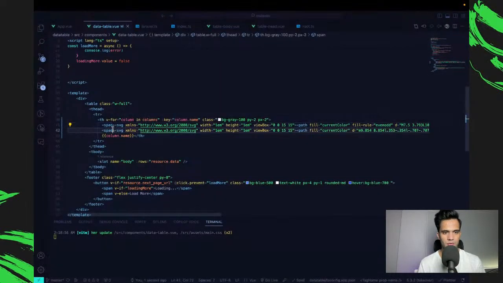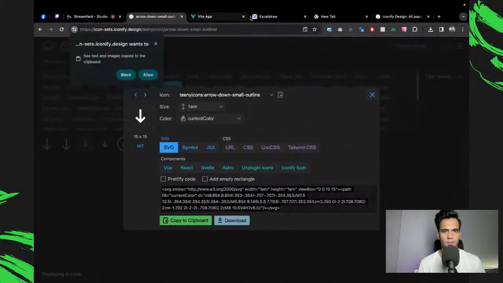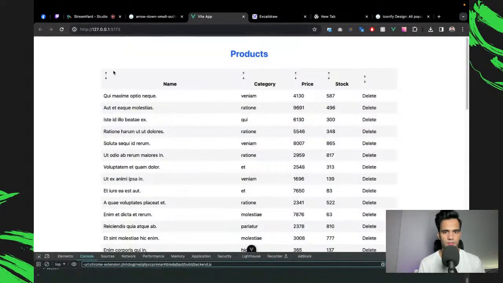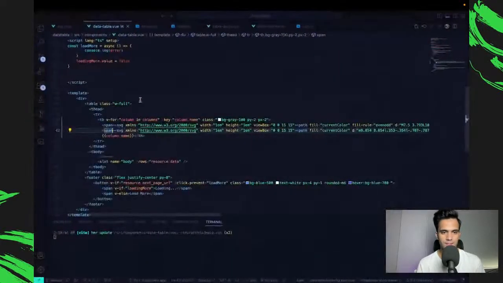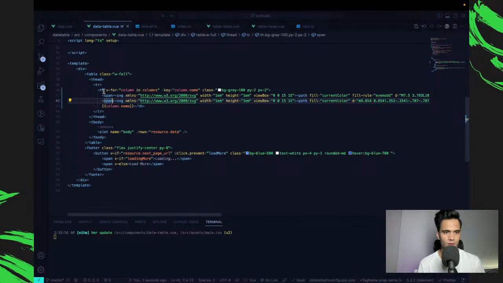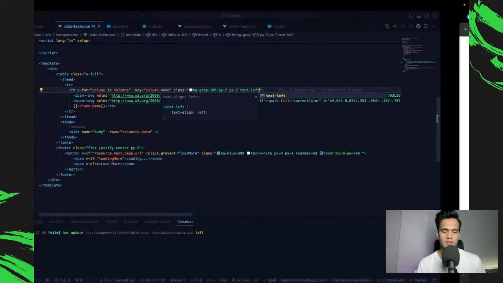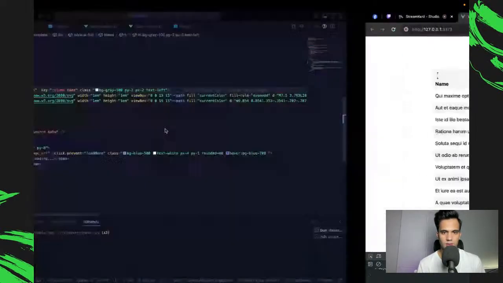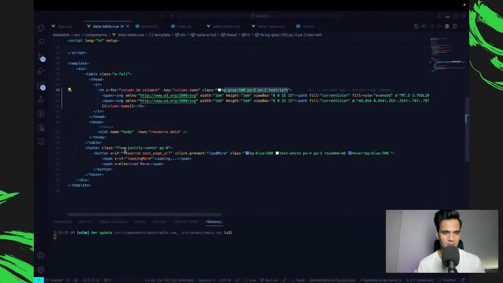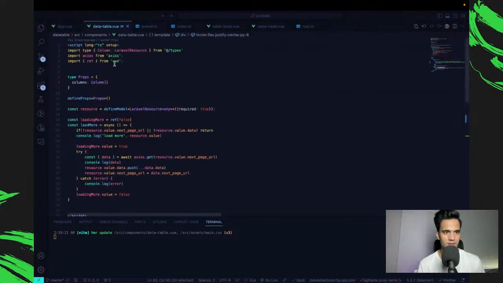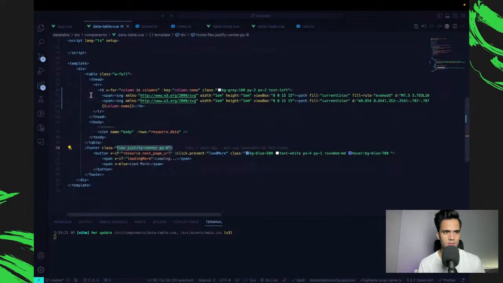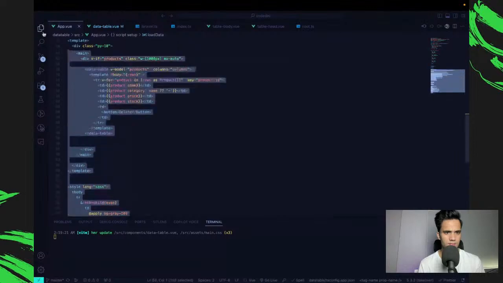So this will be my up and this will be my down. Where is our app? There it is. It has ruined the CSS, but that doesn't really matter. First of all, I want all my th to have few classes. So let's just say text-left for now. It's very strange that I'm using some inline classes and then I have my own styles on my main app. Is it?